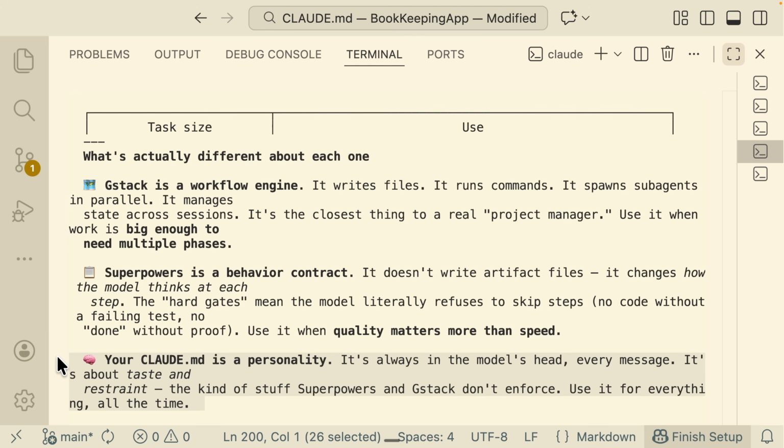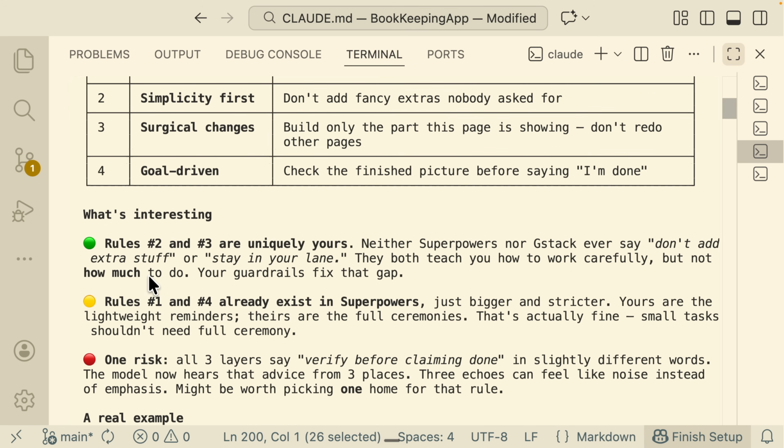Now, other than their types, let's talk about the functionalities, right? Because these 4 principles actually cover a lot of the things that we have mentioned previously on this channel for those skills, like GStack, Superpowers, and GSD. How is it different in terms of functionality? You can see here that I asked AI about exactly the difference.